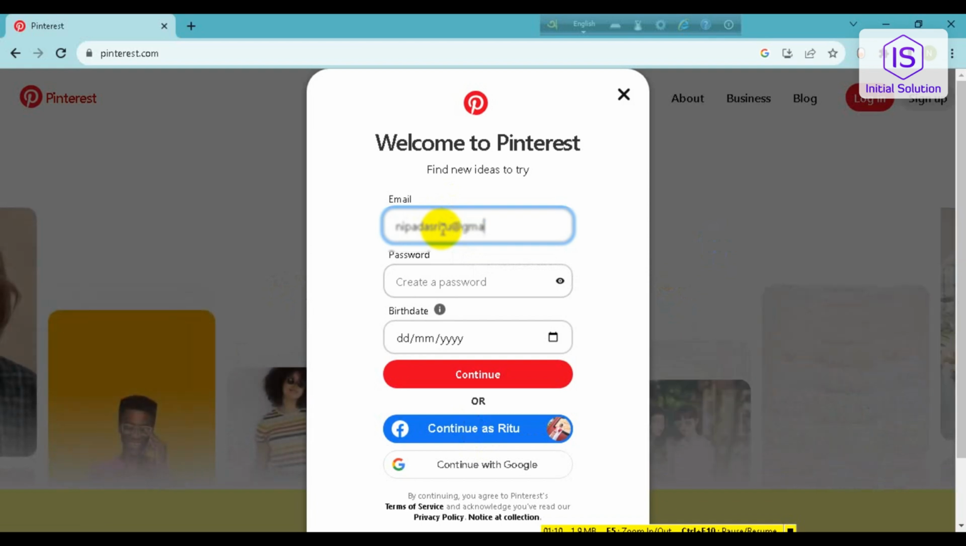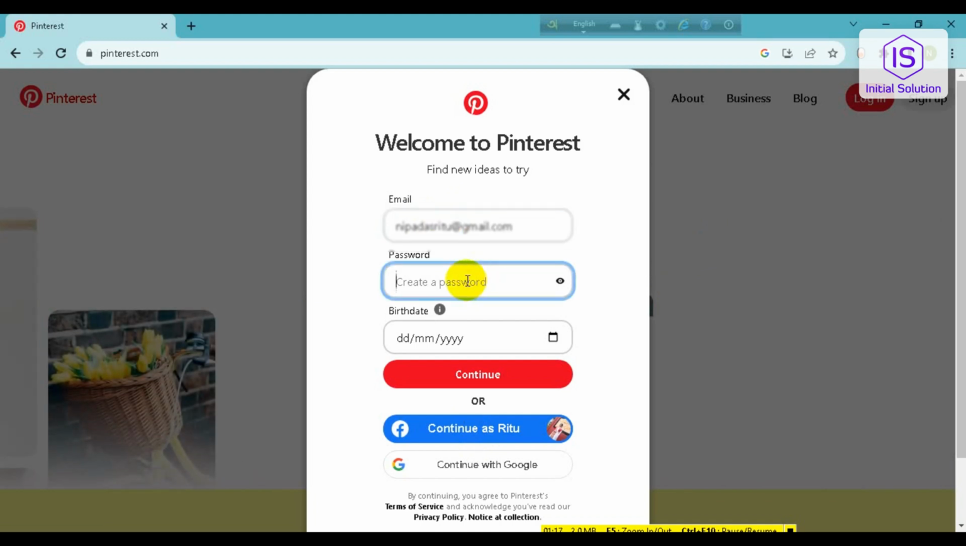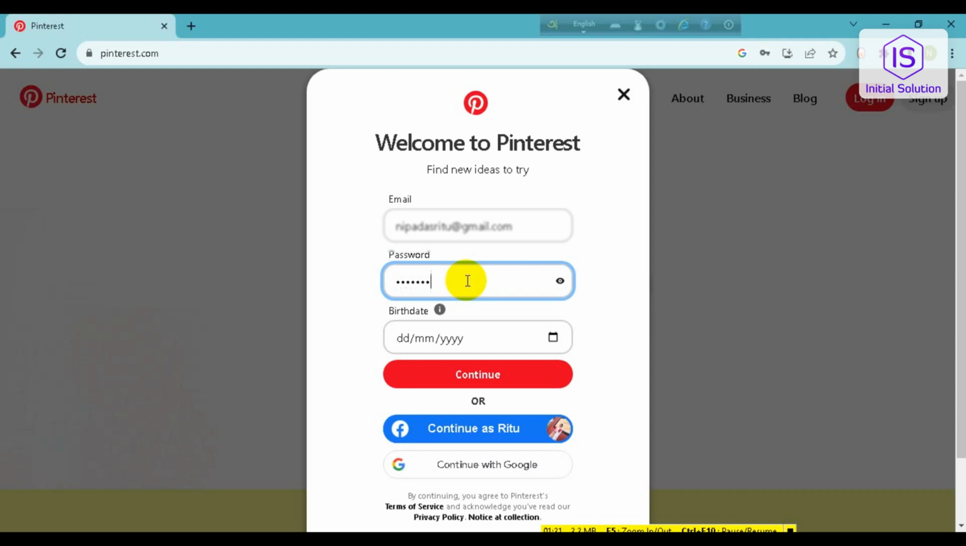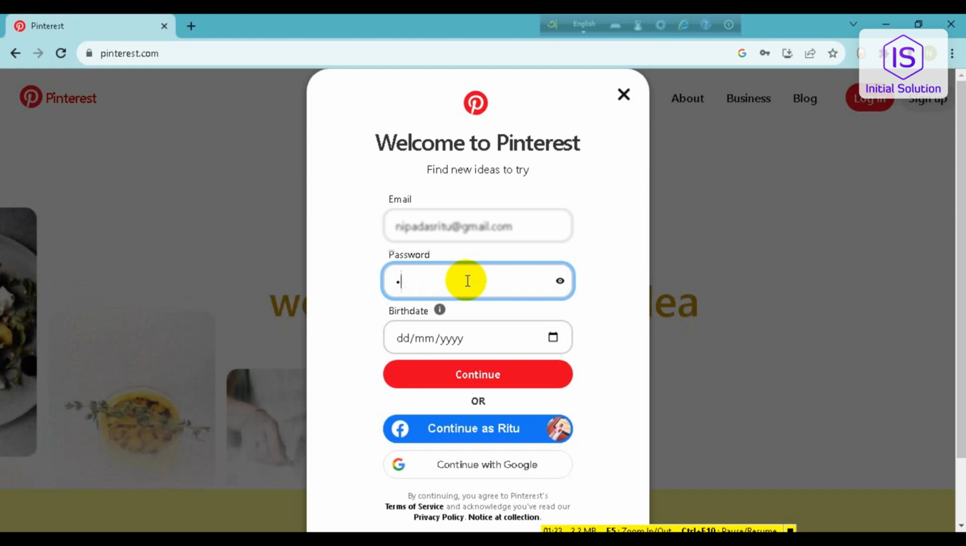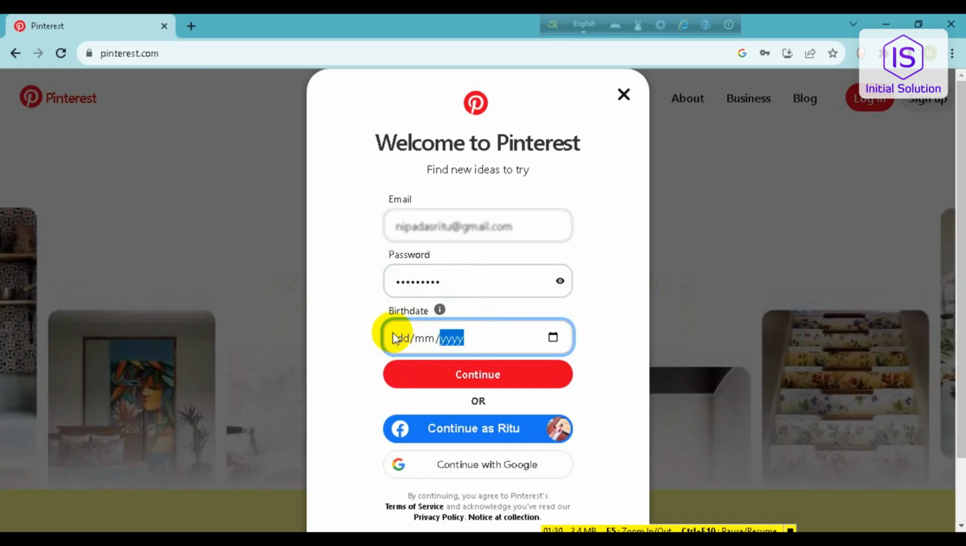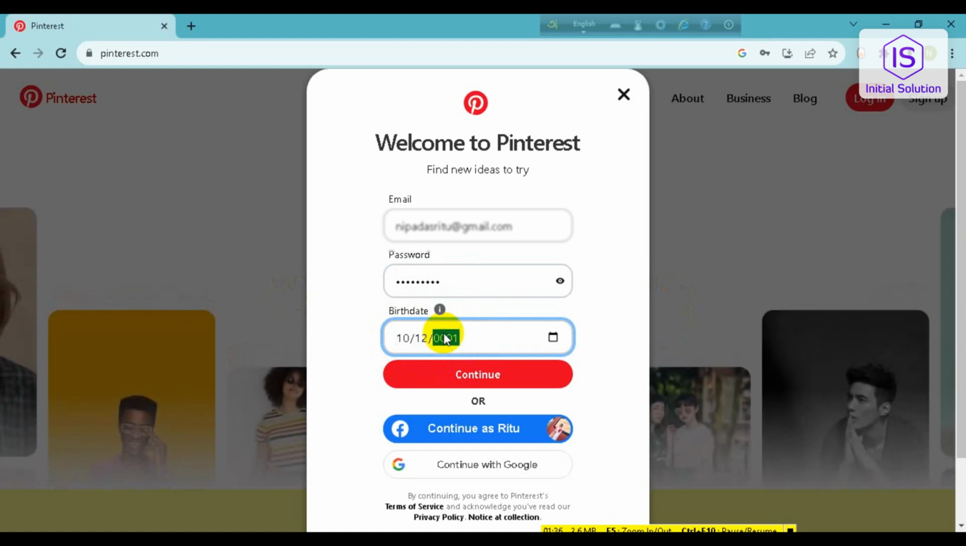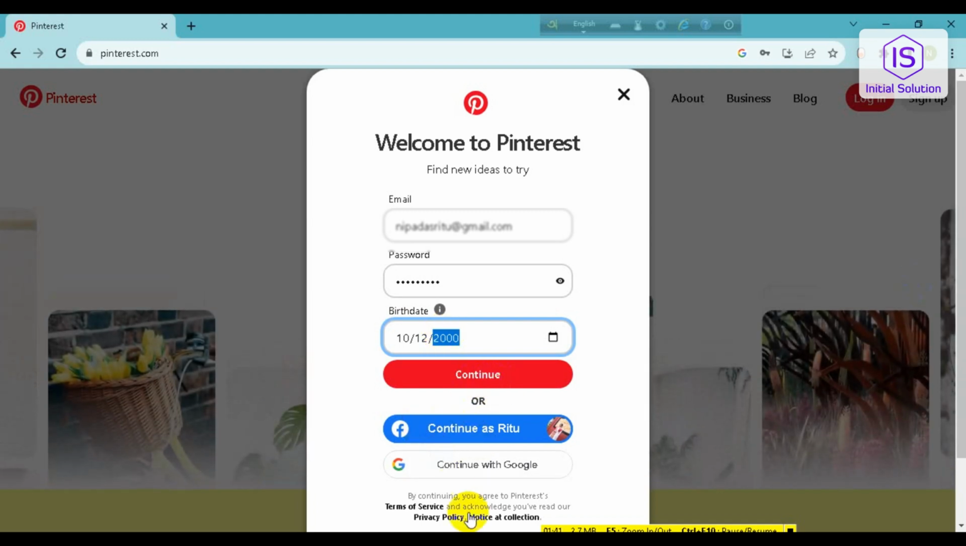Okay, now you have to put here a password. Okay, so that's done. Then add your birth date, month and year. Okay, so you can